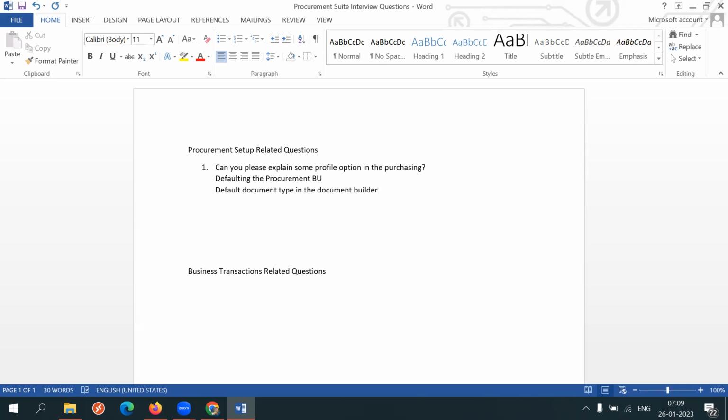Default procurement agent to category assignment: new order, existing order, new negotiation. So everybody, can you please participate along with Raju? Next, please. Default procurement agent to category assignment. We can say like that, defaulting the procurement BU